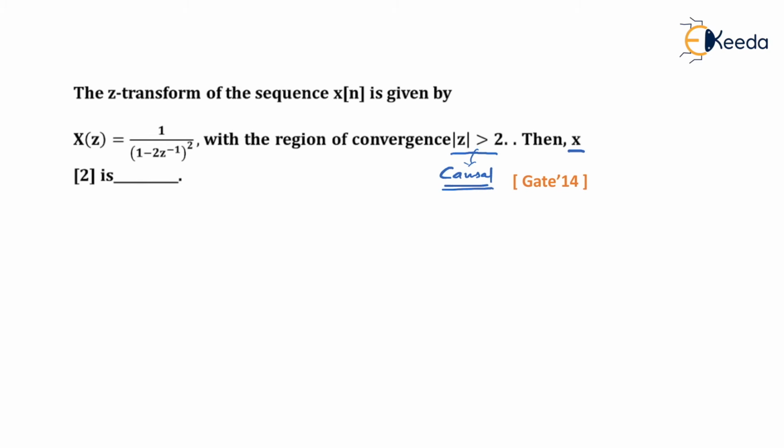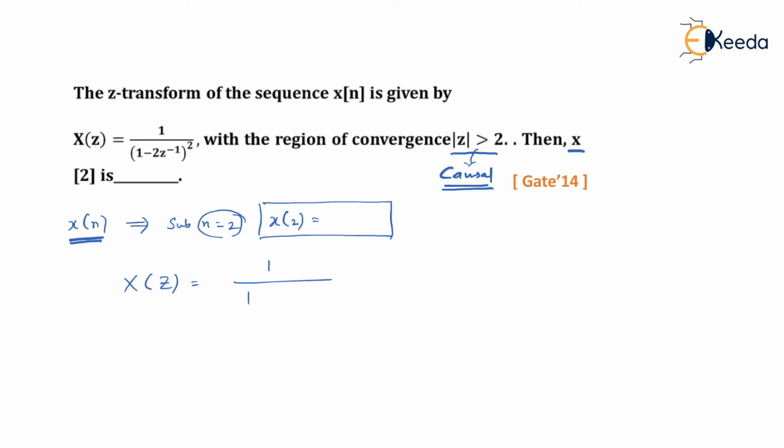So here what they want is x of 2. What is meant by x of 2? That they are asking you to find x of n, and then they are asking you to substitute n equal to 2. In that case, what you will get is x of 2. So what they want is x of 2. So if I'm able to get x of n, that is some mathematical expression of inverse z of x of z, then it becomes easy for me to get x of 2, and that's the only way to calculate x of 2. So let us take x of z, what they have given,